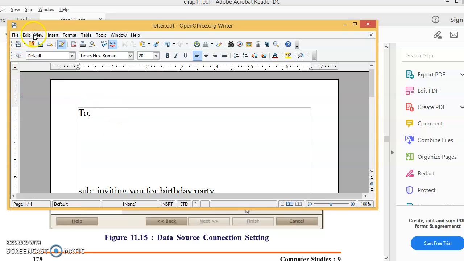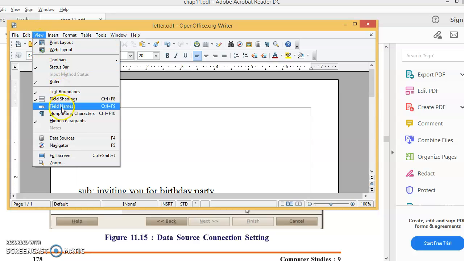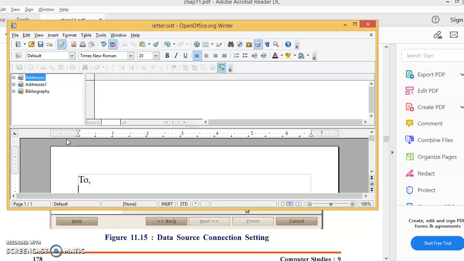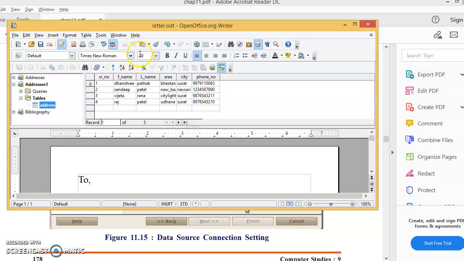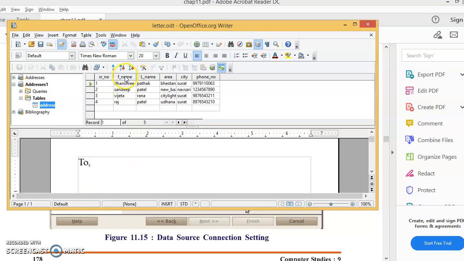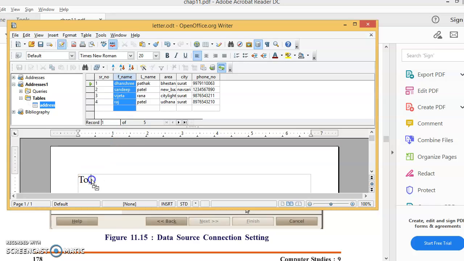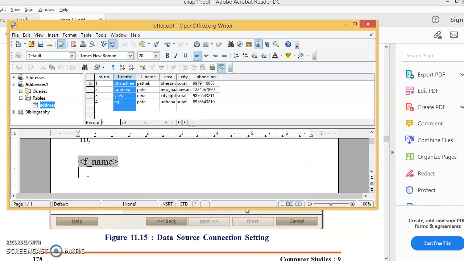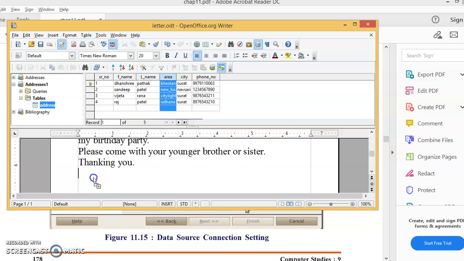See how. Go to the view menu. Click on data source. Our data source name is address 1. Double click on address. All that content will come here. Now you want the name here. Just click first name and drag it here. But last name is also with it. Click last name. Then area. Click it.